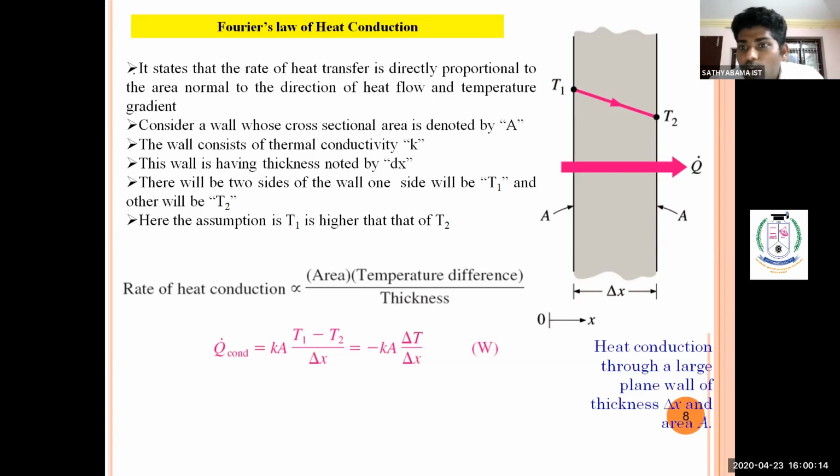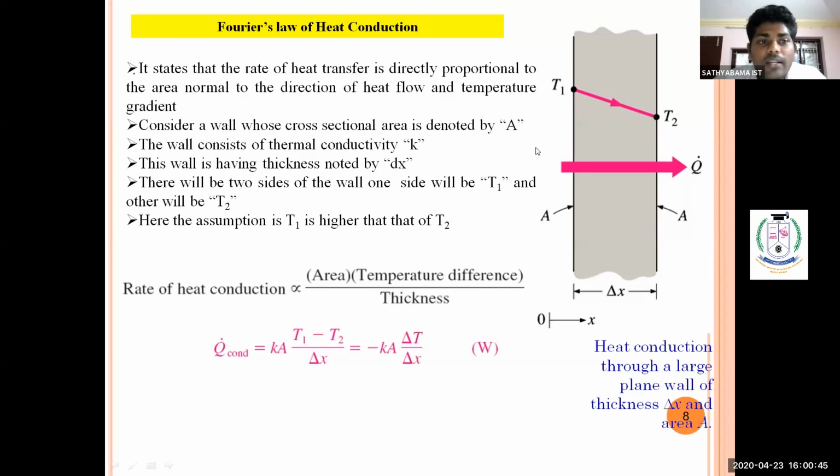So T1 and T2 will be the initial and exit temperature. Always the initial temperature will be higher and the exit temperature will be lower. Heat is supplied, so Q denotes the heat flow rate. A denotes the cross-sectional area and del X denotes the thickness or length of the plane wall. Here, this is the area and this is del X, the thickness or length of this plane, and this is the heat flow rate transferring from inlet to outlet.